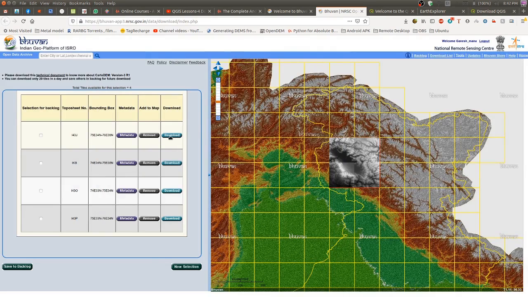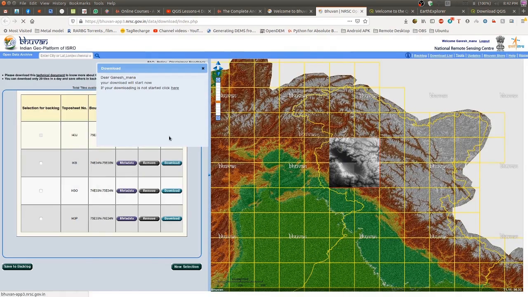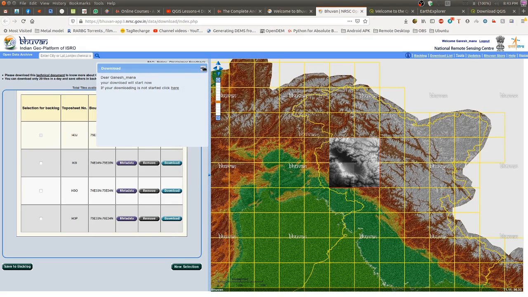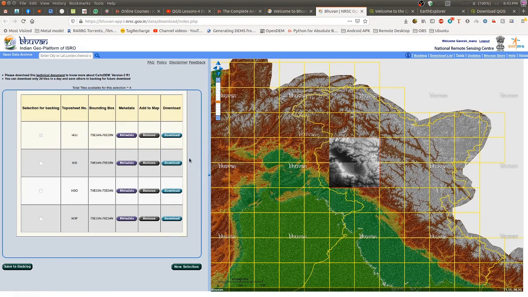Now download, and the download will start. Click on save. Since I have already downloaded, I am not going to download because it is going to take a few minutes. So this is how you have to download this DEM, Bhuvan or Cartosat DEM of 30-meter resolution.